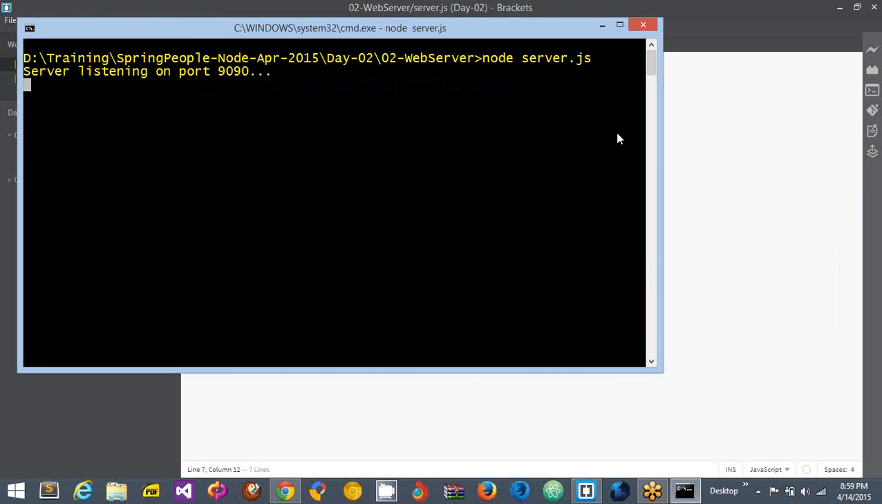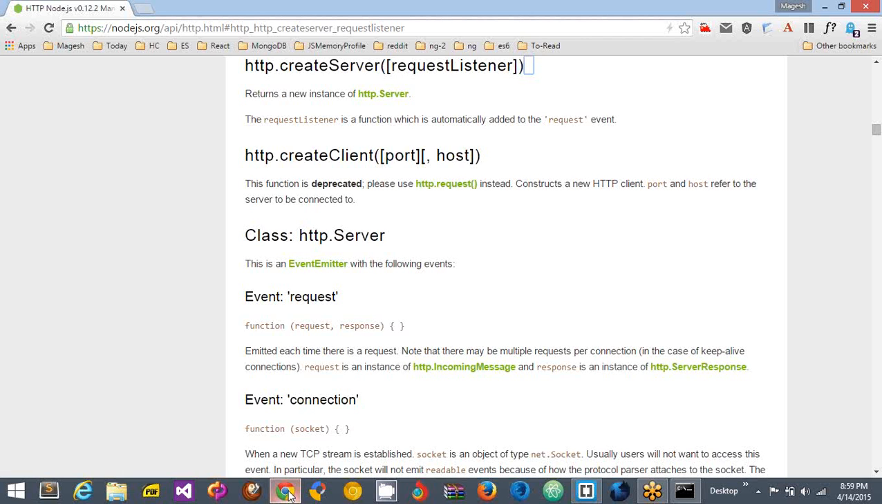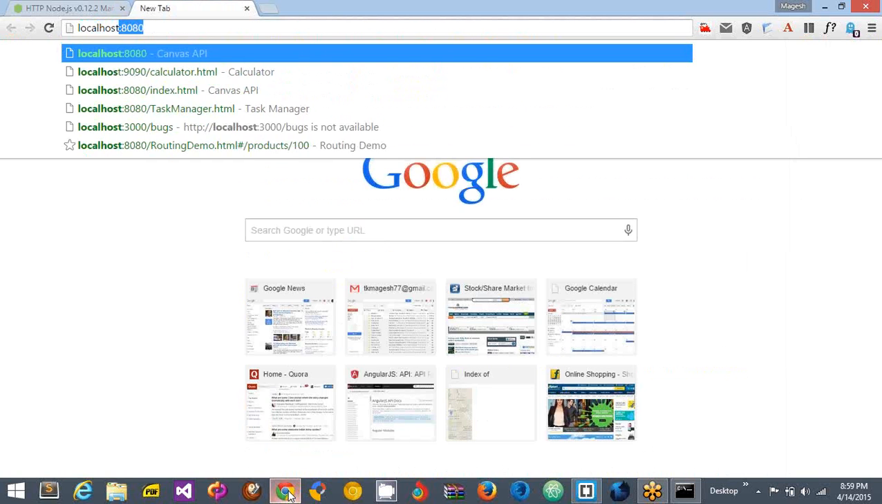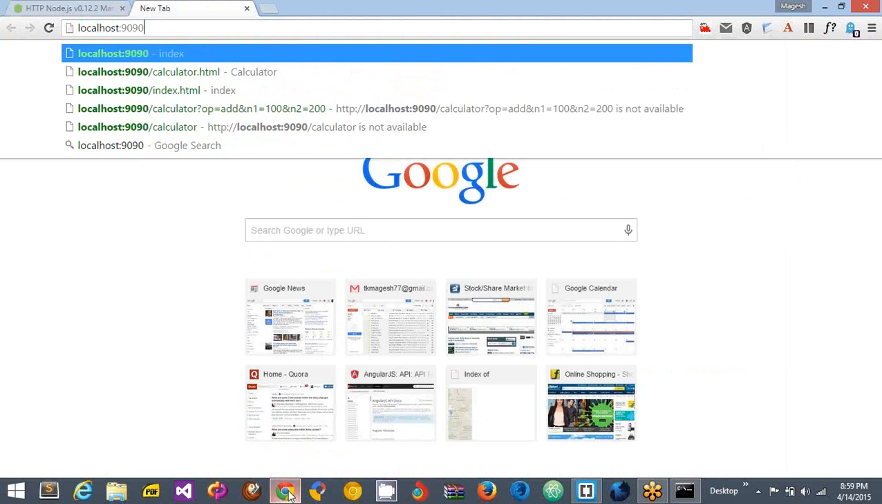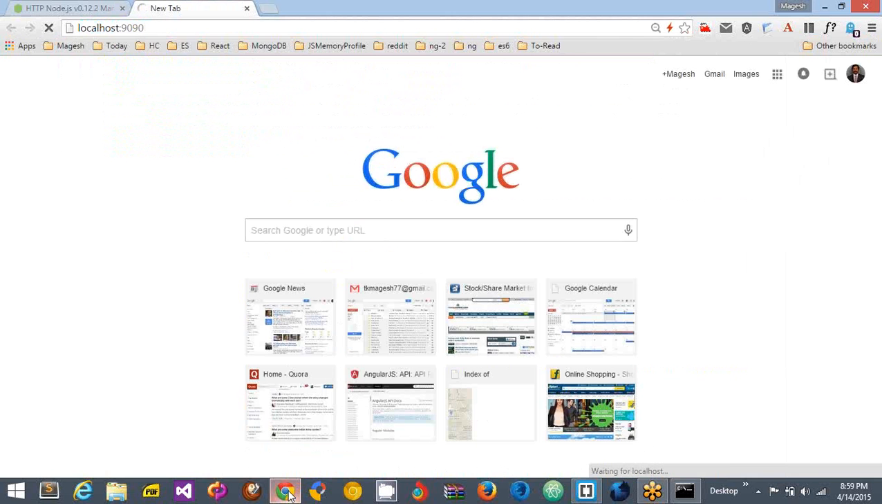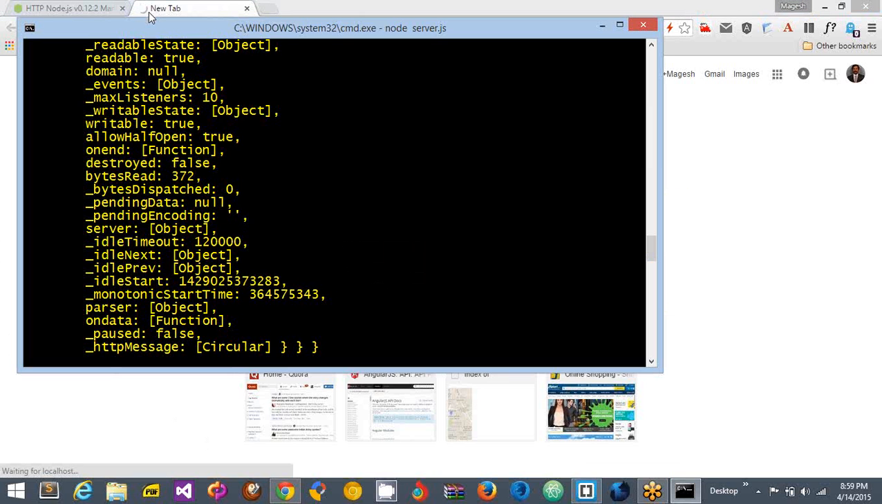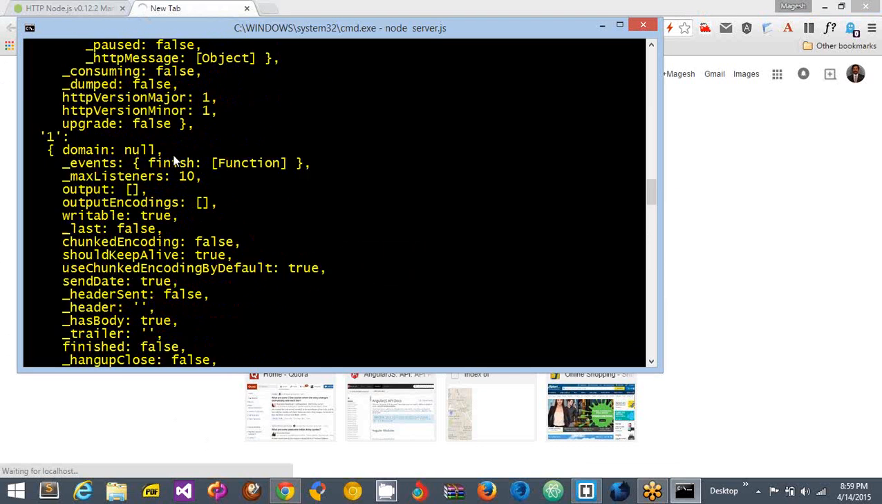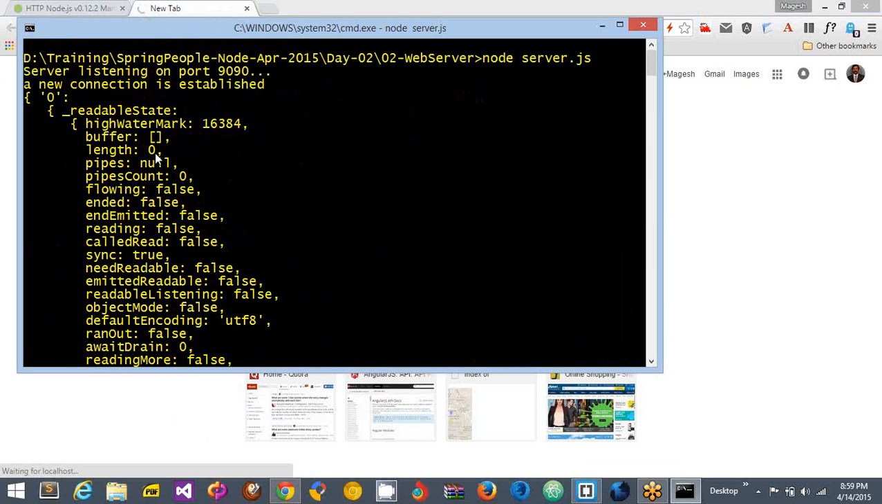Now you have a server listening on port 9090. Now you can access it from the browser. So let's go to the browser and say localhost:9090, and you'll find that it goes on forever. It will not stop for quite some time. Why? Because you haven't ended the response. You haven't stopped the connection. But here, if you look at it, it says